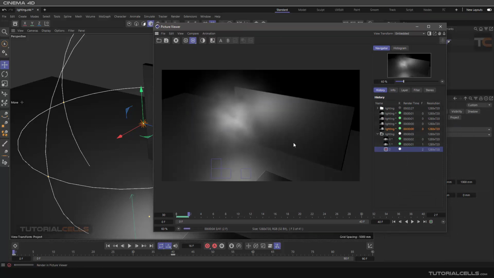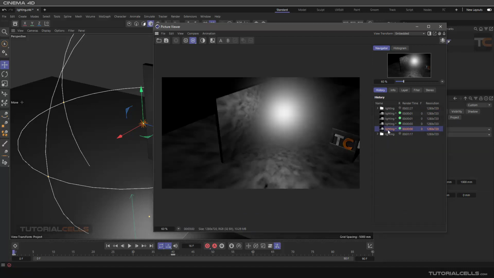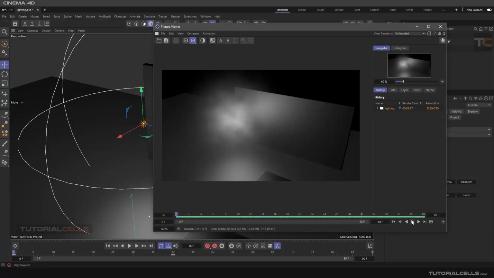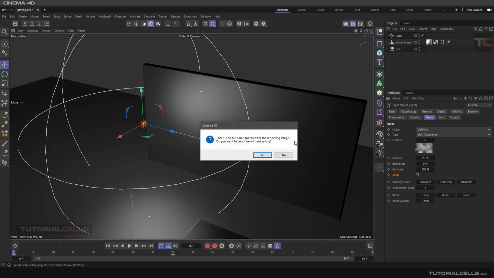We wait for it to be rendered, and its lighting is traveling from here to here. Okay, it's going to finish. Nice. Close it. I bring them and delete. We just need that. And as you can see, the noises are traveling with the light. Nice. But if we turn the local off and give another render,